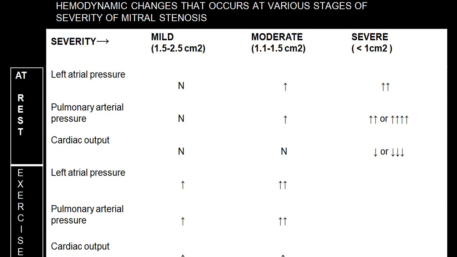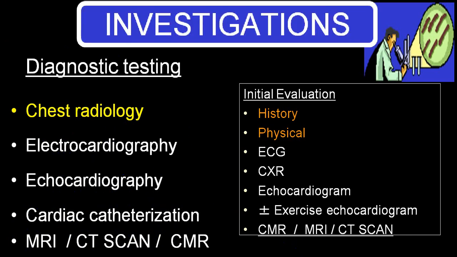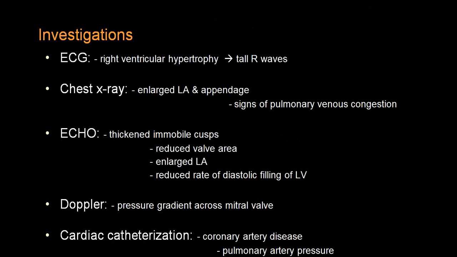These are the two slides which I have put here. You can go through if you are interested. Common investigations we go for are chest X-ray, ECG and echo. If you are planning for surgery and you want to separate them into mild, moderate and severe, you can go for cardiac catheterization combined with MRI or CT. That is the common. So on an ECG,